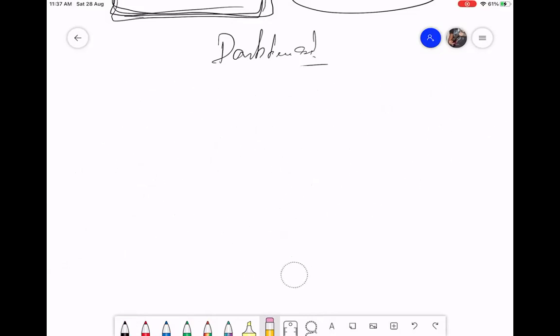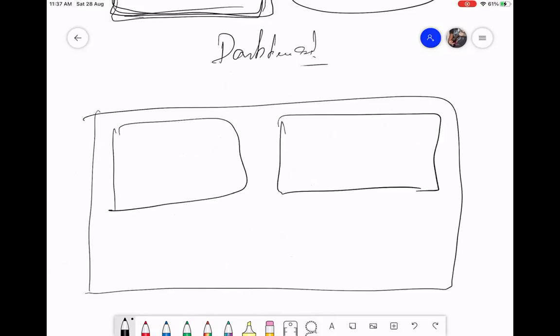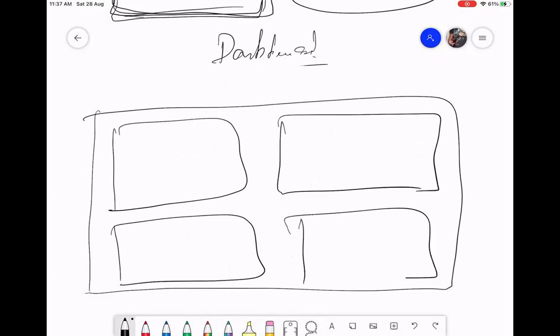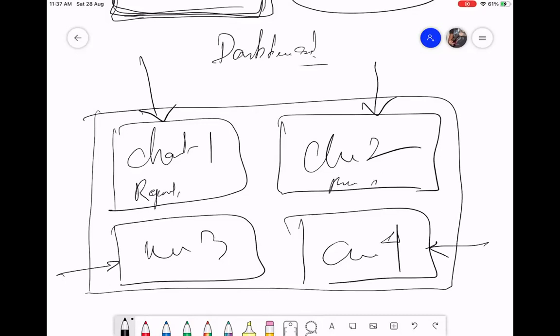So in Salesforce, dashboard is basically a screen which has multiple components, just like in a car dashboard. Here, these components are charts. Chart 1, chart 2, chart 3, chart 4. In the last report, we saw that we can create a chart on a report. That same chart or some other chart can be added here. Every chart will have a report in the background. Now, chart 1 and chart 2 can be two different representations of the same report. Report 1, report 1. This can be report 2. This can be report 3. It does not matter.